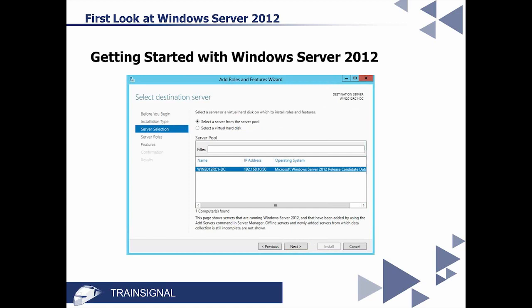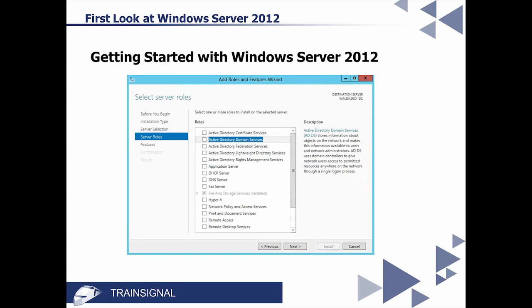Now again, remember, you can go to any server manager and manage any server. So it's kind of asking me here, well, what server do you want to install a role on? Now in this case, we only have the one server that I put in place, so it doesn't really matter what I pick here. Select a server from the pool, and there's just one there. So go ahead and select that and click Next. And I will tell you before I move on, if we had more servers in the pool, if we had this enterprise environment and there were 40, 50 servers in the pool, I could choose which one I want to do this from right here, right from wherever I'm sitting.